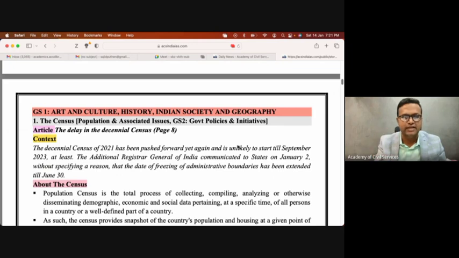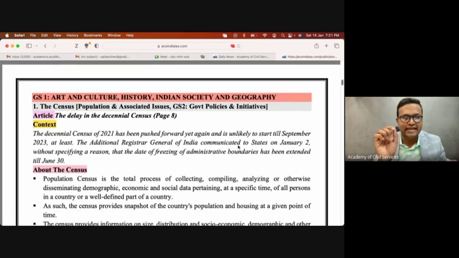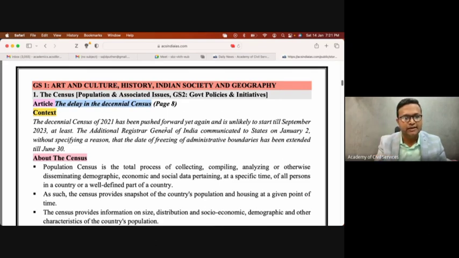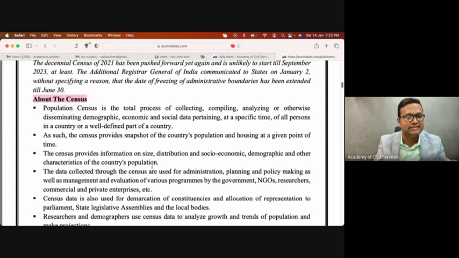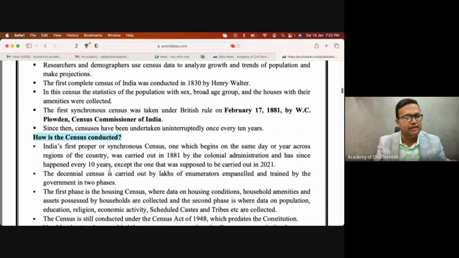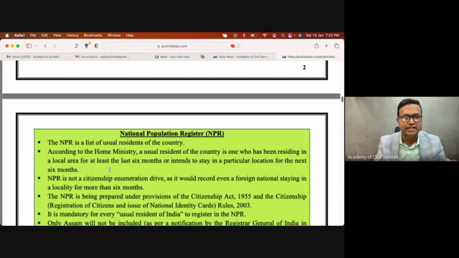You can see the very first news is related to census, that is the human population or human geography. The delay in the decennial census. On page 8, there is an analysis on the delay in the census of India. Then you can read that news. After reading that news, what question might come in the examination, and how might it come? What you need to study regarding census, the history of the census, we will give you a note on that particular matter. You can read this particular note on census. When it started, the entire history, everything related to census will be there.